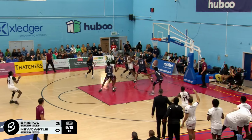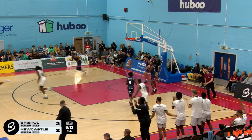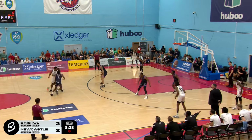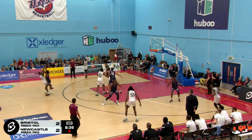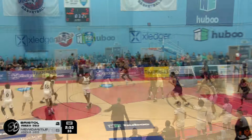Another second chance here for the Eagles. Well, finding Taj Green, the big man, just getting a wide open look there in the paint. And, you know, this is probably one of the toughest arenas to play here in the British Basketball League. And already Johnson going for another deep three. It's up, and it's good. But, you know, this atmosphere can sometimes be...